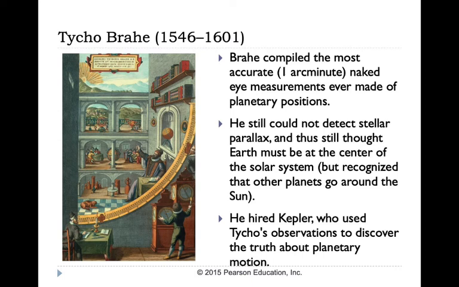Tycho Brahe helped in this. Tycho Brahe was a royal astronomer. Very smart, very arrogant, so the story goes. One time during a confrontation about mathematics or so, he got into a duel with someone and lost his nose in a sword fight. He had to use a prosthetic nose for some time in his life. But he was very